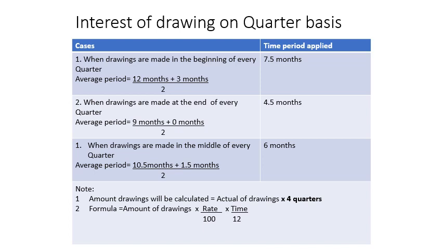So here the time period gap is 3 months. So the actual amount is withdrawn, suppose 500, then multiply by the 4 quarters. Now it will not be multiplied by the 12 months. Generally the students multiply by the 12 months here. So you may focus that 4 quarters are there, then multiply by the 4 quarters. Then the actual amount will come, and it will be applied to the amount of drawing as a formula. Then the rate will be applied and the time period according to the need will be calculated.